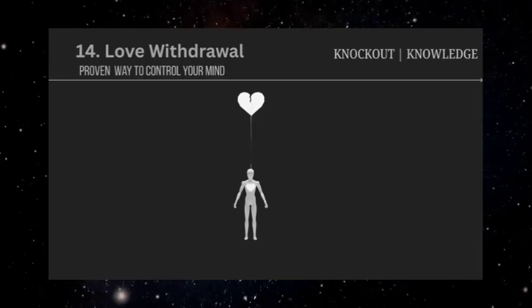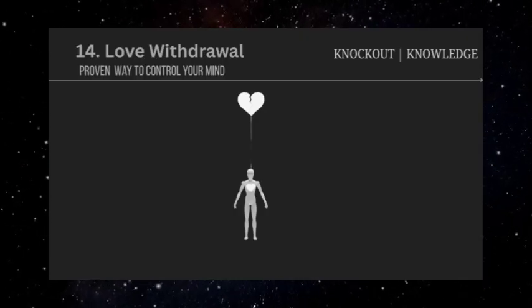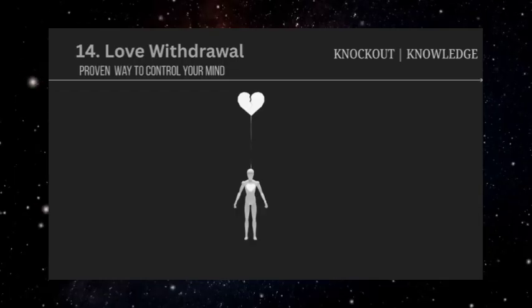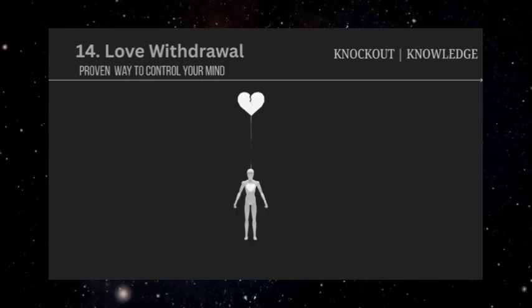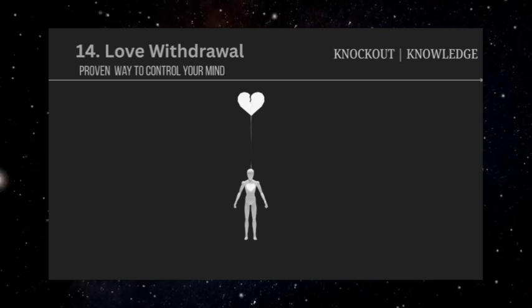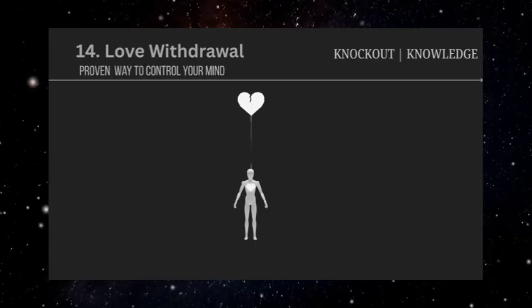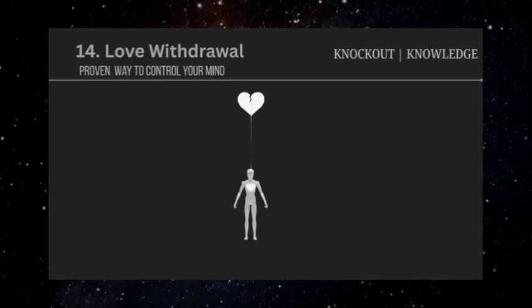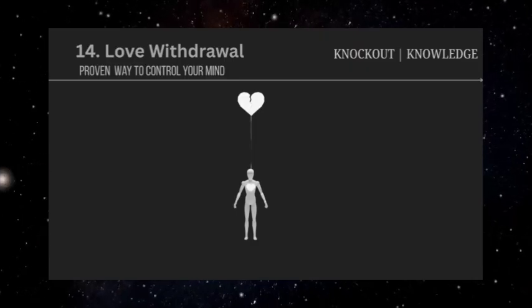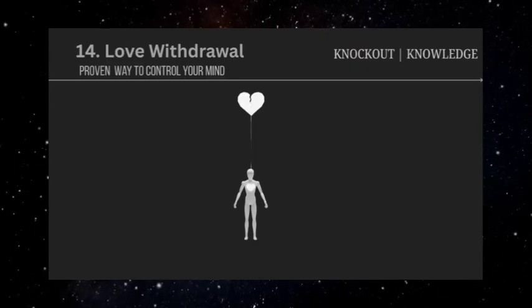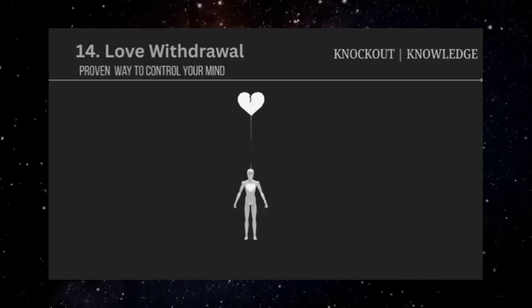People who experience it regularly often develop hypervigilance about others' emotional states, constantly monitoring for signs of displeasure that might lead to emotional abandonment. They may become overly compliant, suppressing their own needs and opinions to avoid triggering withdrawal. This pattern can also create relationship addiction, where the person becomes dependent on the emotional highs that come when affection is restored. The contrast between withdrawal and return creates intense relief and gratitude that can feel like deep love, even when the relationship is fundamentally unhealthy.